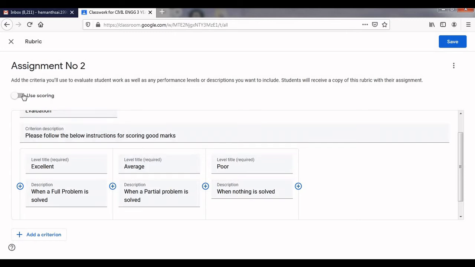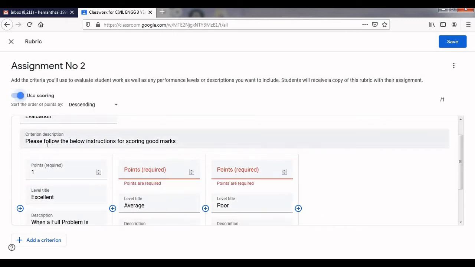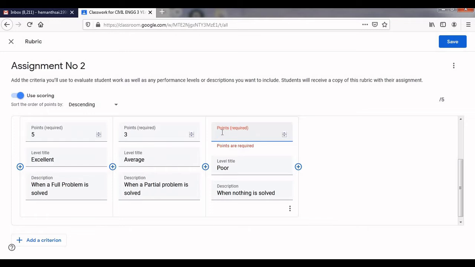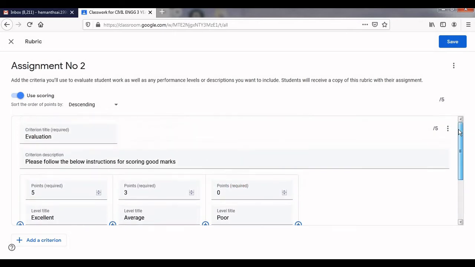So let me give scoring for that. For excellent, I'll be giving 5 out of 5, for average I'll be giving 3 out of 5, and for poor I'll be giving 0 out of 5. So the students are able to see this criterion.